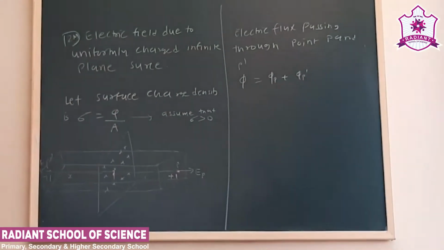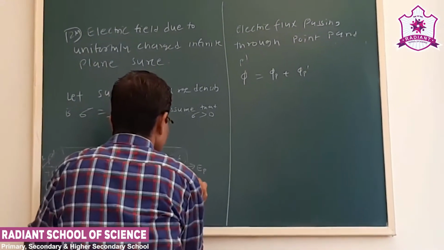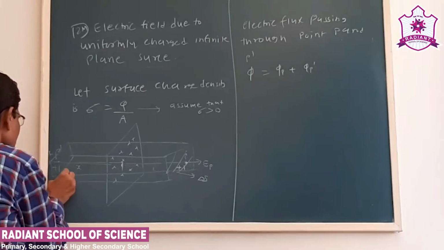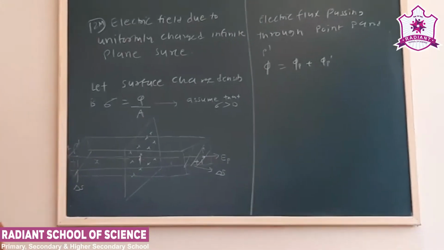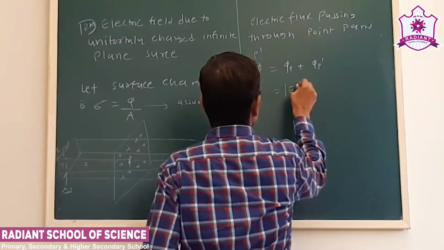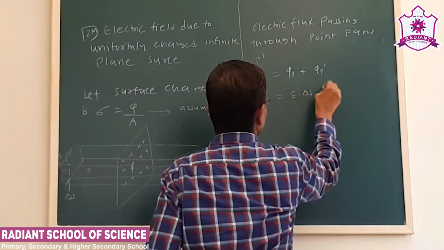Now we know the flux is E dot A. Let us say the area enclosing the space is delta S. Here also it is delta S. So the flux passing through this will be E into delta S plus